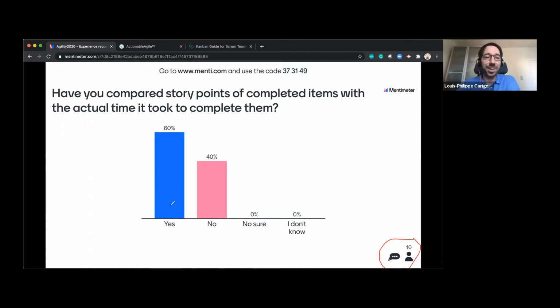So it's kind of interesting here that for the 10 people who have answered, it's around half and half. Half the people have done it and the other half haven't. So it's interesting that not everyone has done that. I might want to invite you folks who haven't done it to try it out, to see if you are getting the real value of those story points and velocity. And if not, well, the next part of this presentation will be, what can I do with that cycle time then?